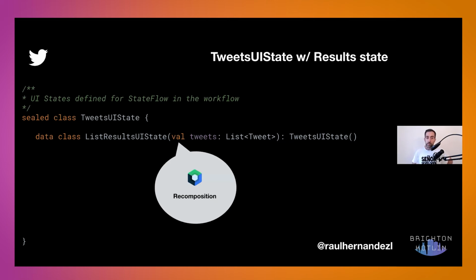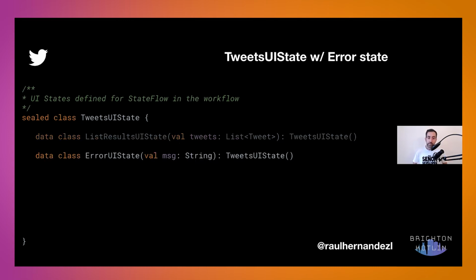And this is very important, because distinctUntilChanged will only have any effect if you use val. Why val? Because val means it is read-only, or immutable. If you have var, there is no way that either Compose or the distinctUntilChanged of the StateFlow will recognize that this will change, because you didn't pass anything mutable. So you need to pass something immutable for this to recognize that there is actually a change there. So yeah, better do it.